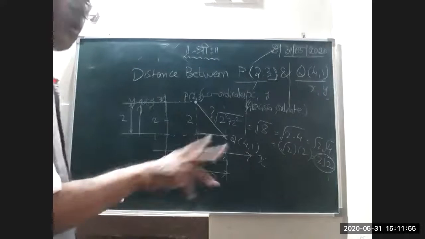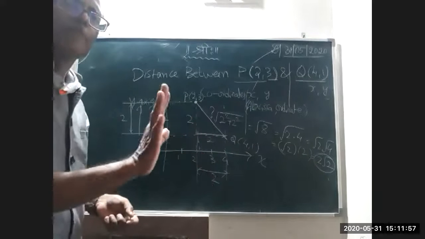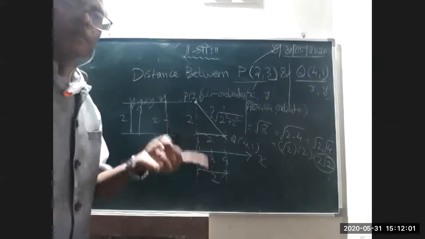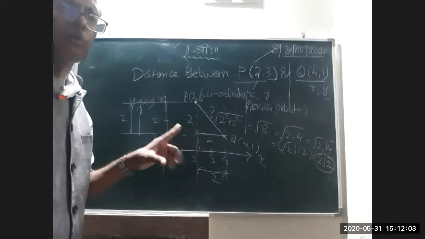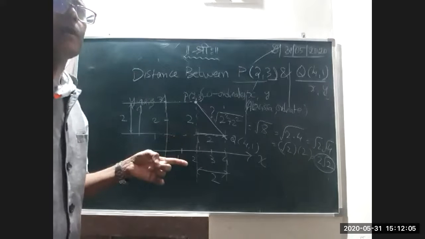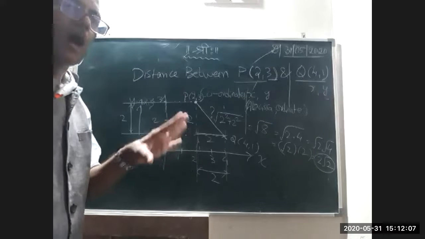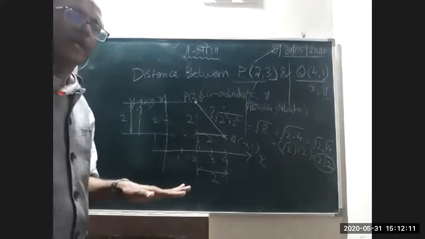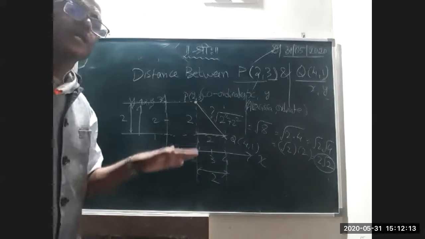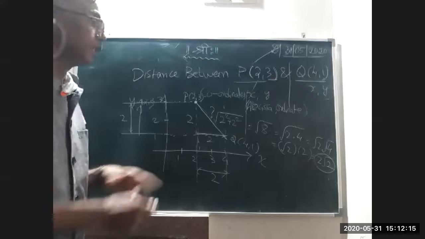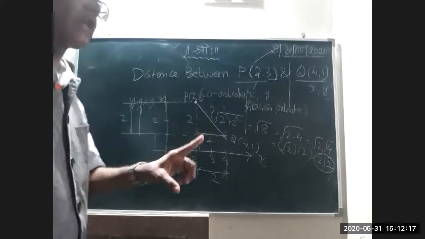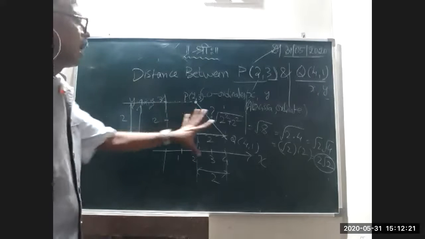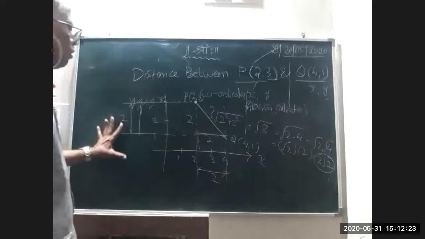So these 2 problems are very important. This can get converted to a 2 mark question also. This may be an objective question that you can solve within no time, or if they are asking a 2 mark question, you may have to show the simplification with proper steps. A scheme of marks will be there, where they will try to understand how you have arrived at the answer. So here I have told one method of solving this.